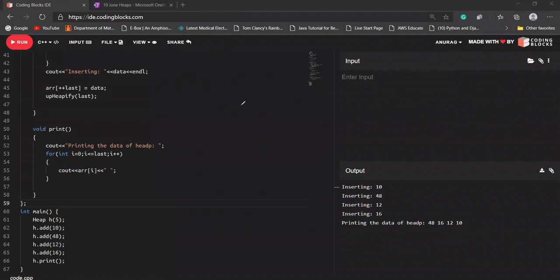So 48 is at 0 position, so 48 will be here. 16 is at position 1, so 16 will come here. 12 is at index 2, so it will be 12 here and 10 here. So I'm seeing that yes, right now it is our max heap, because 48 is greater than 16 and 12, and 16 is greater than 10.